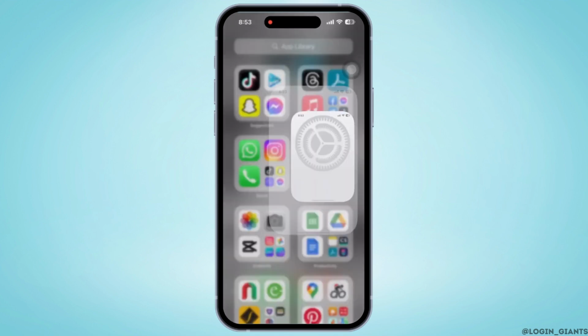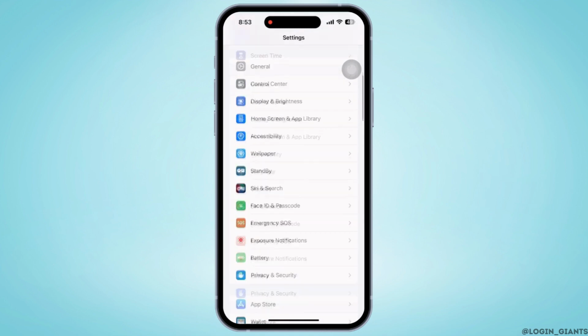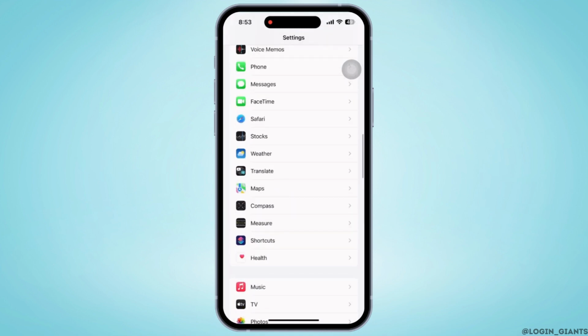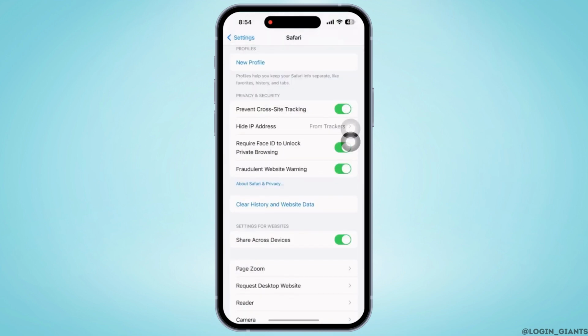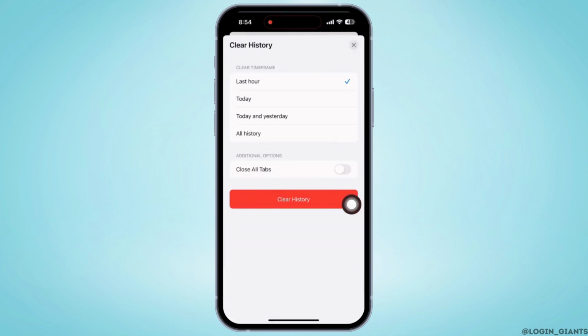Firstly, launch the Settings application and scroll down and look for the Safari option and tap on that. Scroll down again and you will see the option of Clear History and Website Data. Tap on that. Now under Clear Time Frame, you will get the option to select which time frame history you